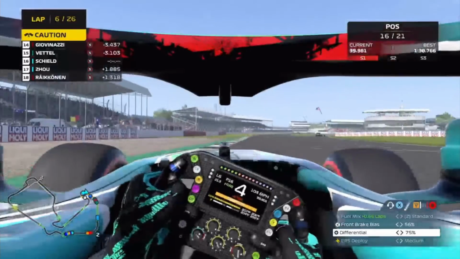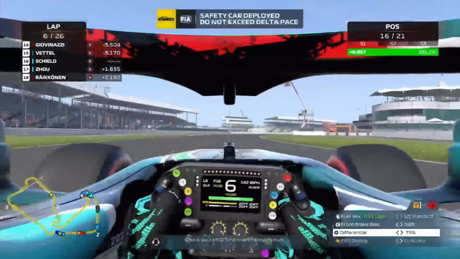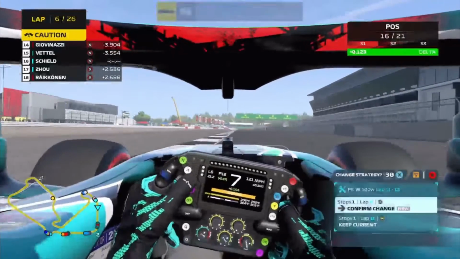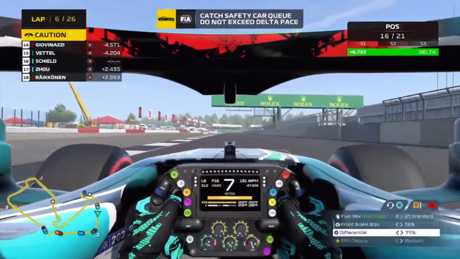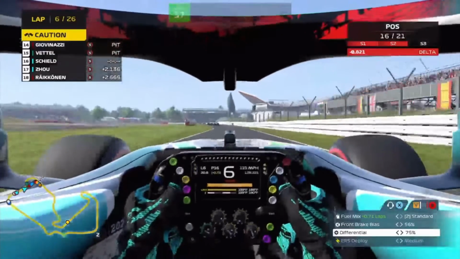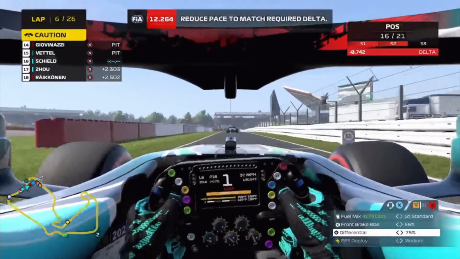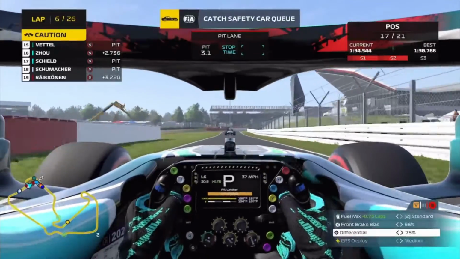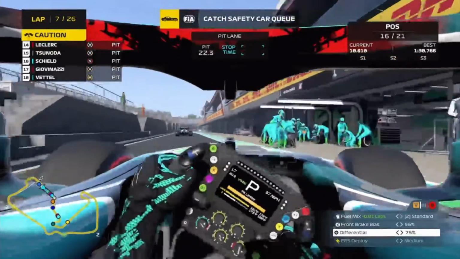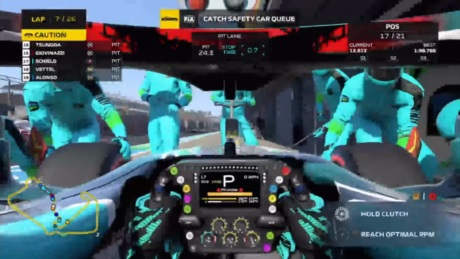Russell collides with us and through Luffield, George Russell brings out the safety car after a quick spin, which apparently the FIA thought was worthy of a safety car. We're going to pit here anyways and go on to the hard compound tires to the end of this Grand Prix. So good pitting under safety car here because, as you can see, this pit road is insanely long at